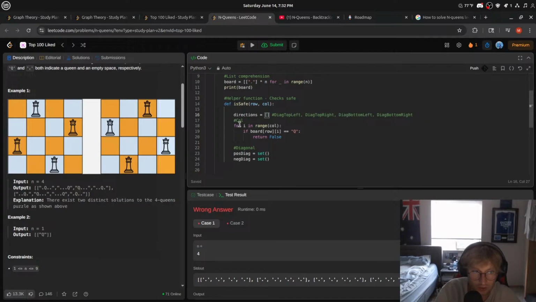To do the diagonal top left, let's say we're looking here, we would go up 1, left 1. So we would go up 1, which would be -1 on the Y, and then